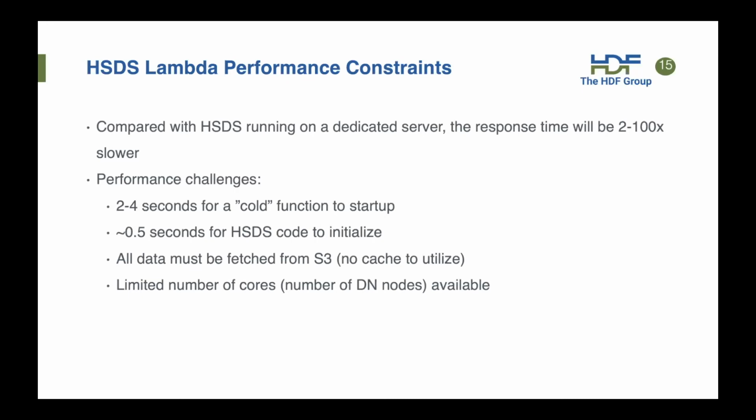This involved accessing 400 chunks and returning 39 kilobytes of data out of 1 gigabyte of data. At the baseline, with the server HSDS, that operation takes about 5 seconds. Lambda, on a cold